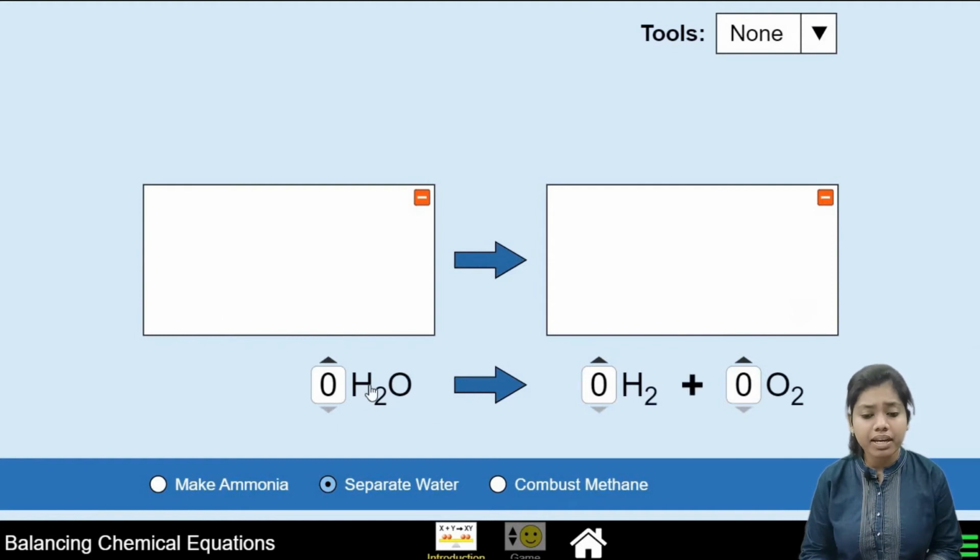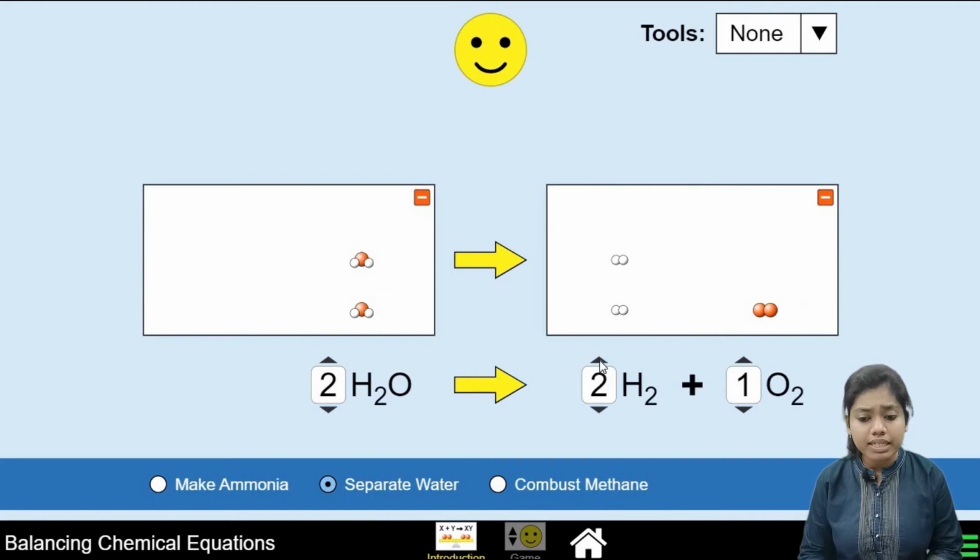Next one is the splitting of water. For hydrogen, we'll first make the coefficients 1 each. The count of hydrogen on the reactant side is 2 and on the product side is also 2, so that is balanced. The count of oxygen on the reactant side is 1, but on the product side it is 2. So on the reactant side we also have to make it 2. But after doing this, the count of hydrogen has increased to 4 on the reactant side, while on the product side it is just 2. So we have to increase that as well, and now it is balanced. It is 2H2O giving 2H2 plus O2.